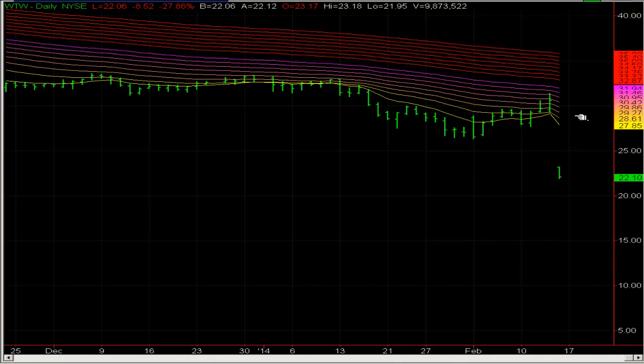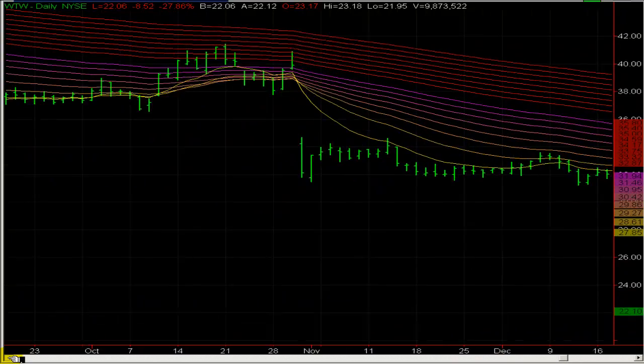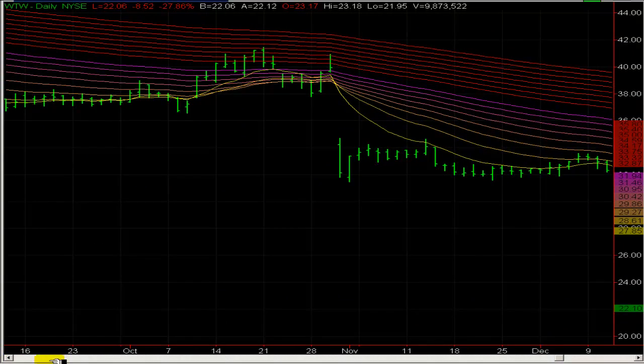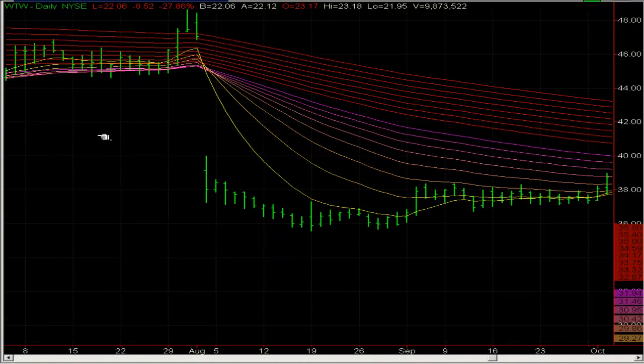But at any rate, my apologies if you're long this thing. More often than not, you will get gaps that look like this, right? And sometimes you'll get more than one. If we go back here, you got one here. You got a nice juicy one here, although those who follow my methods, I'm not sure you would have been in this, and you could have potentially missed that just because of how it traded, but it's there.